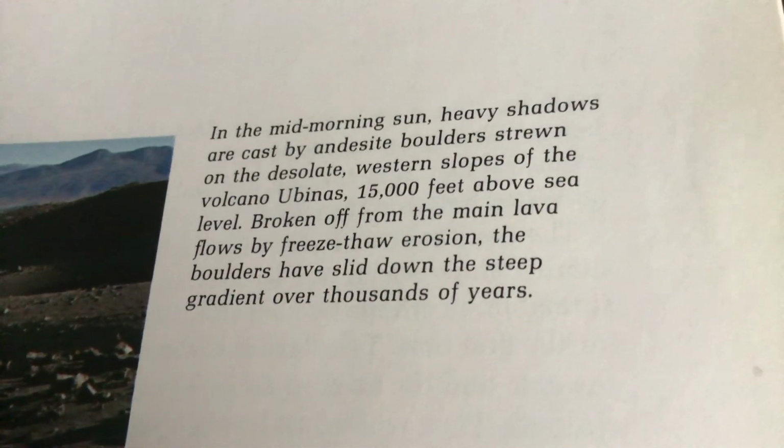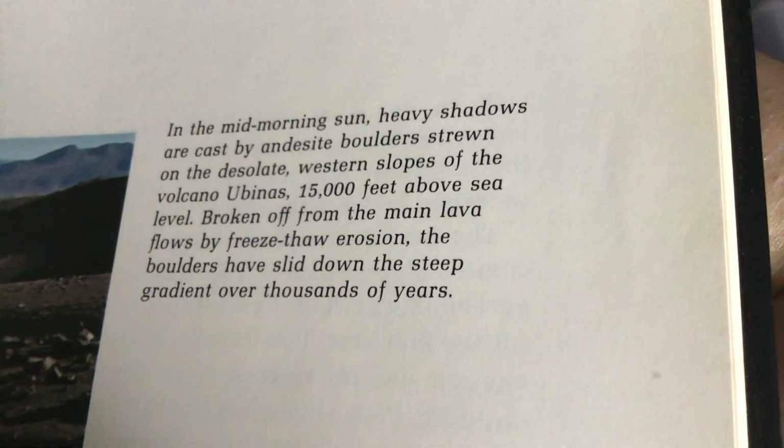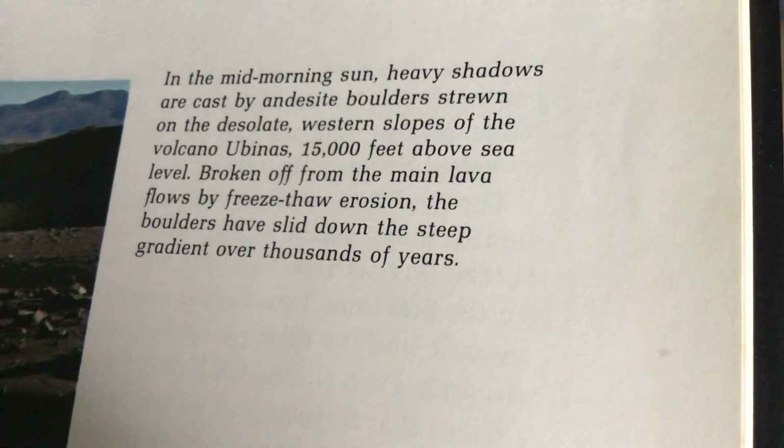In the mid-morning sun, heavy shadows are cast by andesite boulders strewn on the yet desolate western slopes of Volcán Arenas, 15,000 feet above sea level, broken off from the main